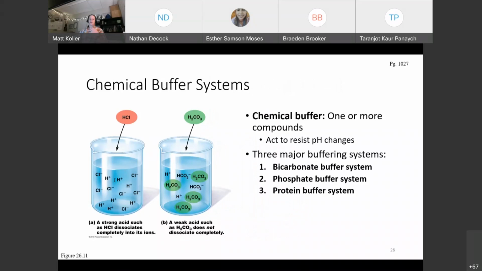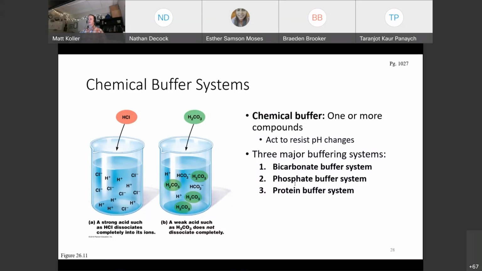So as we said, strong acids completely dissociate, weak acids do not completely dissociate, or they dissociate partially, and a strong base will dissociate also in water and quickly tie up the hydrogen ions. And a weak base will accept hydrogen ions more slowly. But the concentration of hydrogen ions is basically regulated by 3 mechanisms.